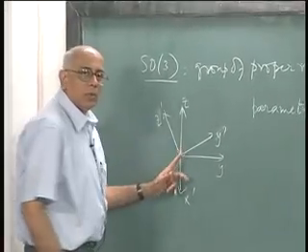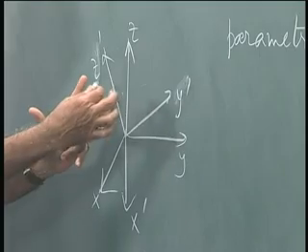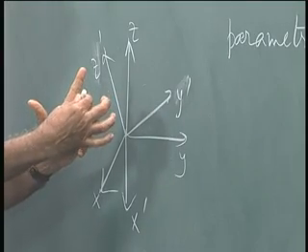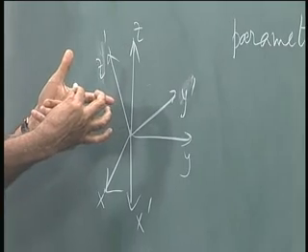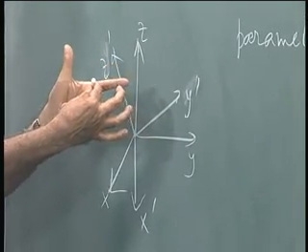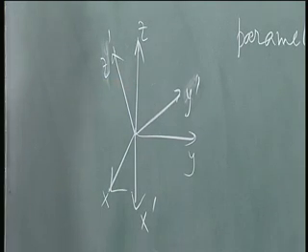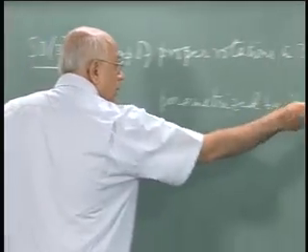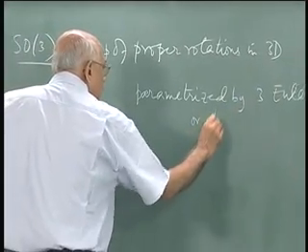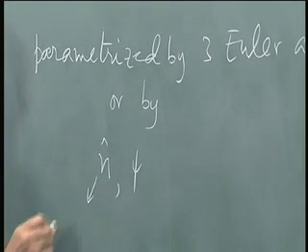But that is not the most convenient way of parameterizing a rotation for our present purposes. There is a slightly better way of doing this, and that is the following. Any rotation like this could always be regarded as a rotation of the original coordinate system about some axis, which is specified by the chalk, through a certain angle. So I identify some axis in space and then I rotate through an angle psi, for example, and that gives me the new coordinate system. So I can parameterize these either by 3 Euler angles or by n and psi. This is the axis of rotation,